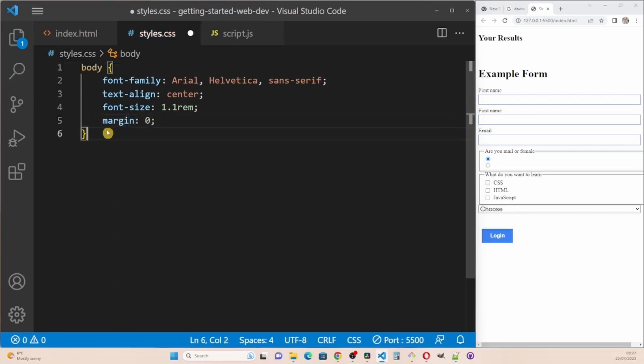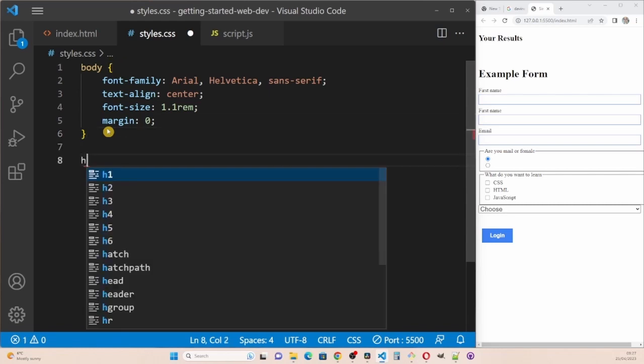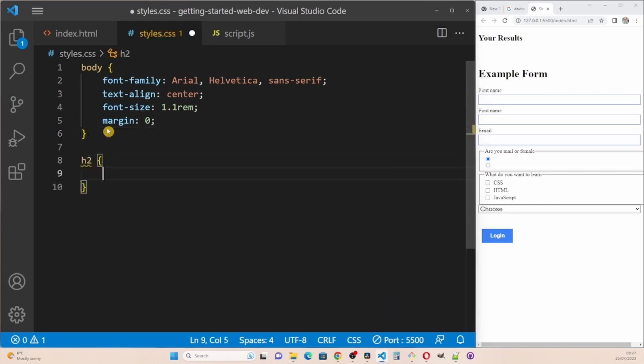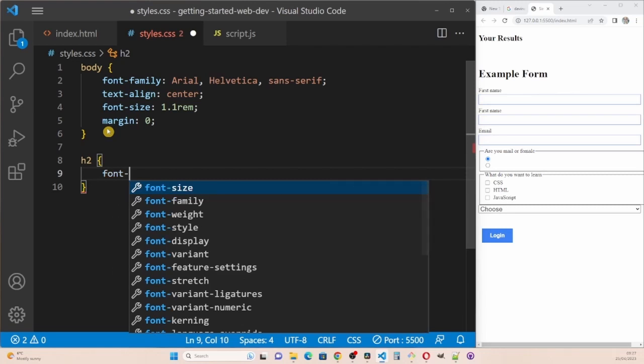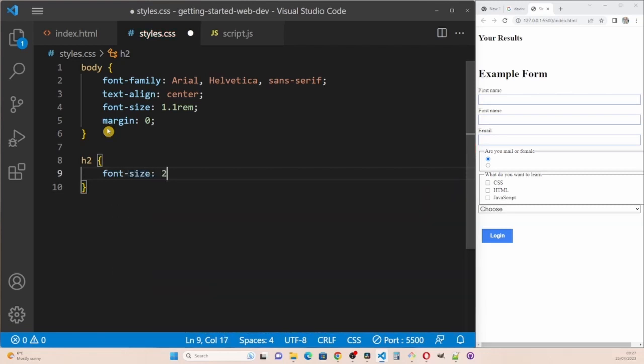Next, do the H2 tag, set the font size to 2.9 rem and the color to a blue,